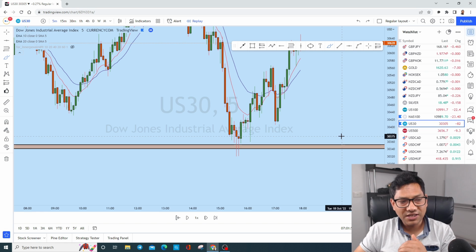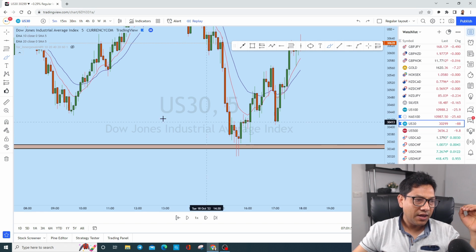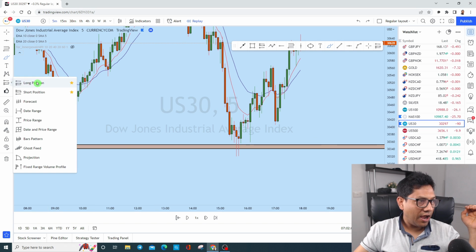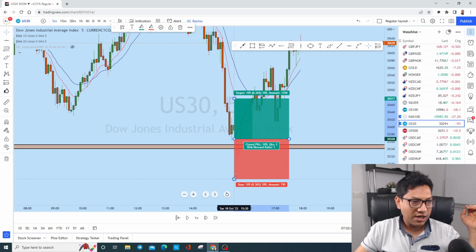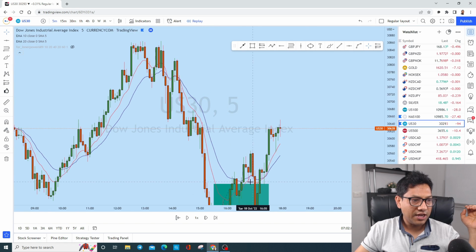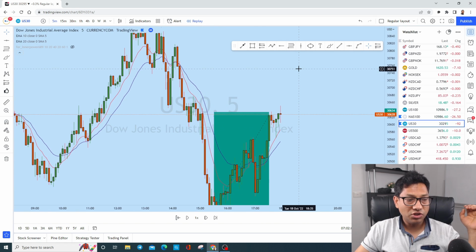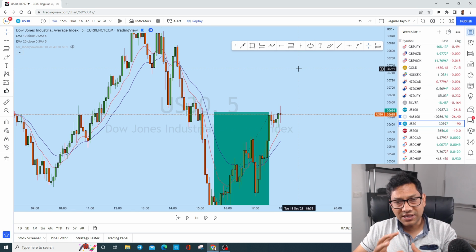So the buyers are very strong in this market, and that's a huge high probability long setup. Stop loss below this low, and you can take a big profit on this trade. So that is how scalpers become profitable, by buying from an important area of value.